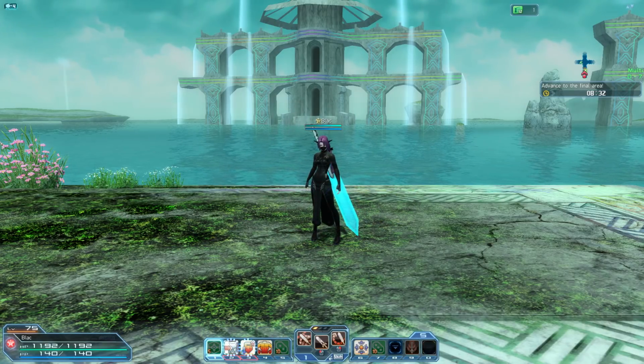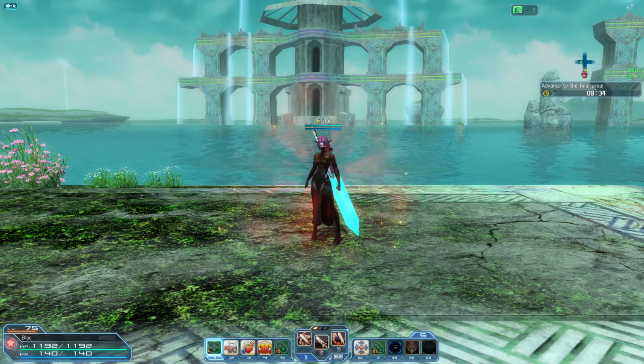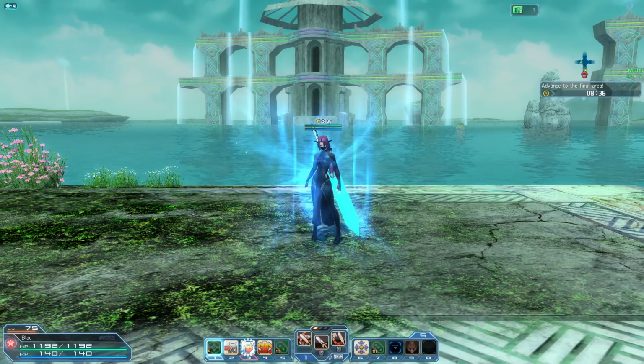The easiest way to remember any of this is that if the stance icon is lit up with the animation on your sub palette, then that stance is on. If it's not,